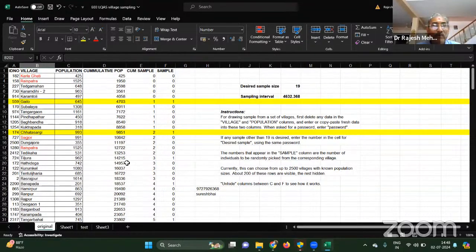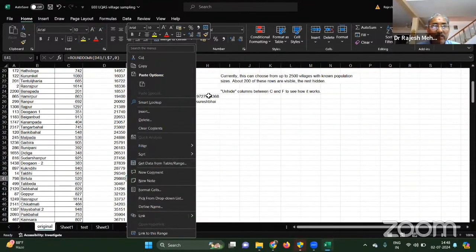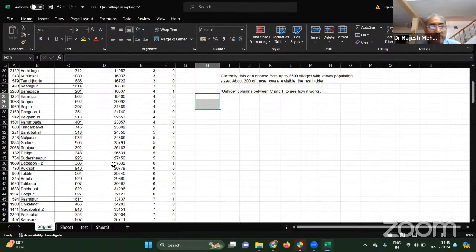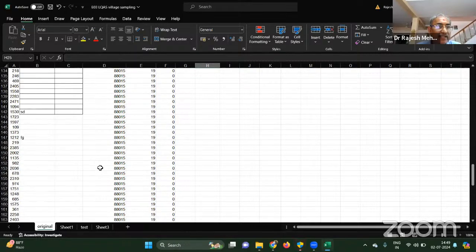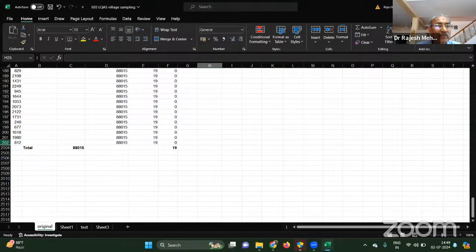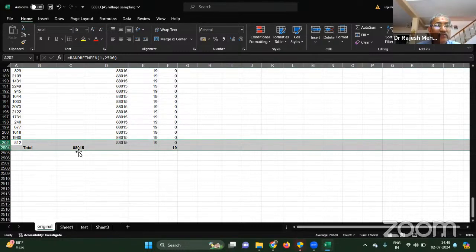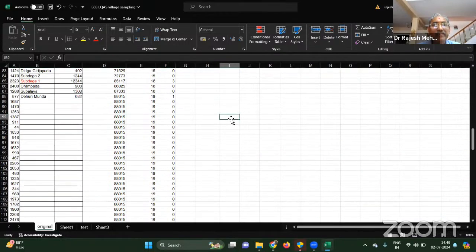If you want to go beyond 200 villages, if you have 5,000 villages, then you need to unhide this. This you need to unhide, then you will see the more rows. So I repeat,